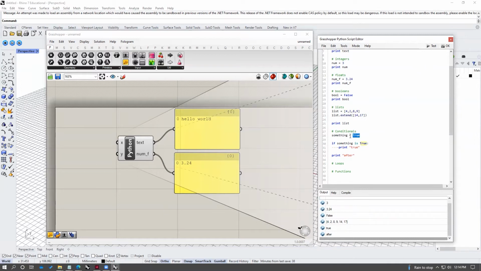If we change this value of something to false and then hit test, we can see it's no longer printing true, but it's still printing after because it's outside of that tabbed conditional space. If we still wanted to do something else, even though this variable is false, one way of doing this is